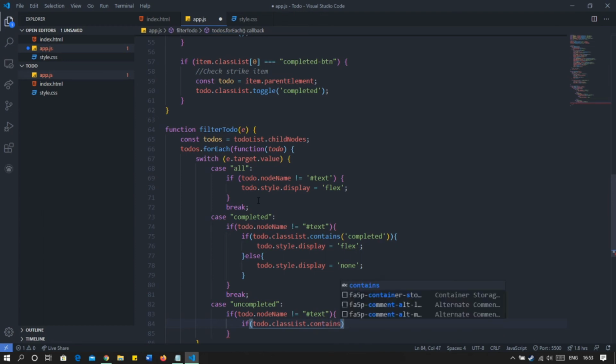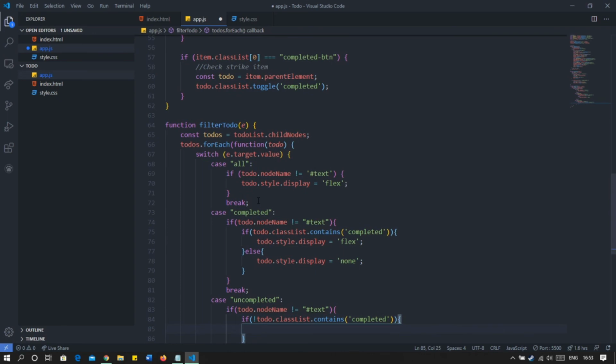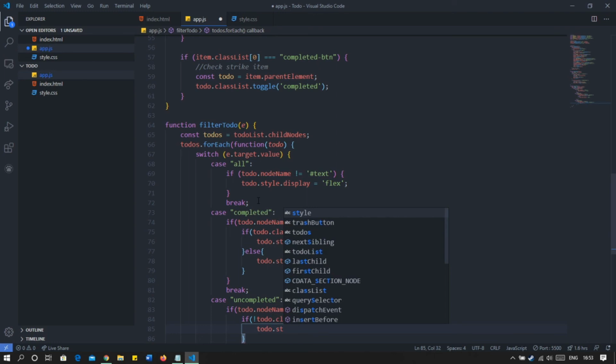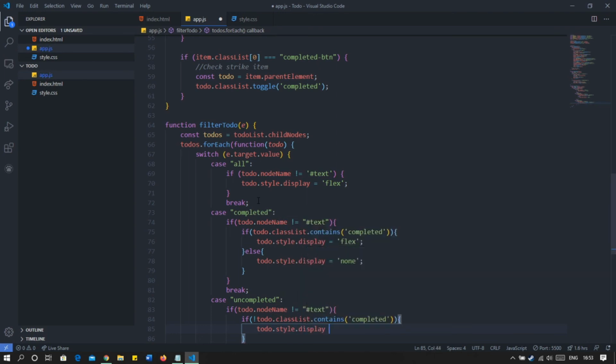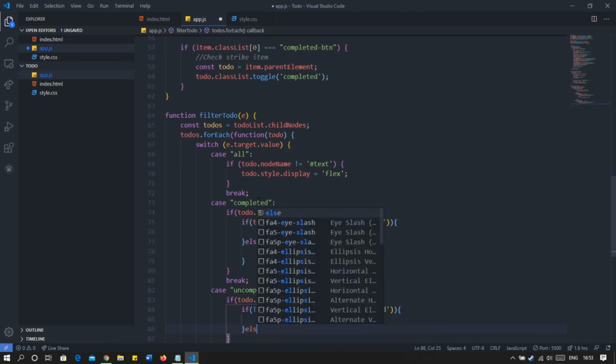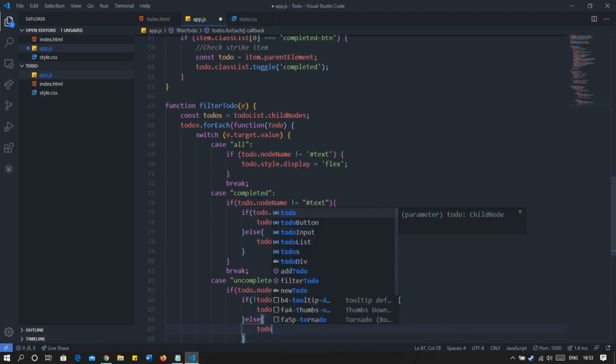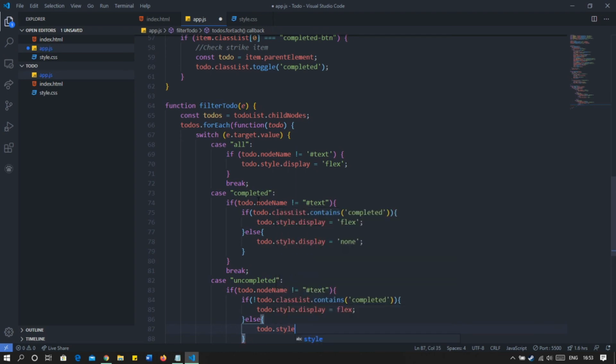We only want the elements which do not have completed, so this line will check if the element is completed or not. But if we reverse this, now we'll only get the elements which do not have the class completed, that is, they are uncompleted and yet to be done. So we will show them with display flex, because this is the general display we are using. Else we will use the display property to remove it, so display it to none.